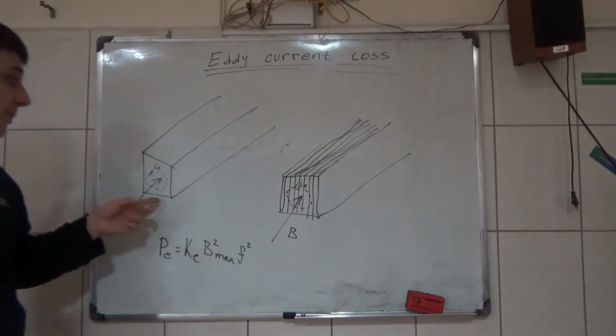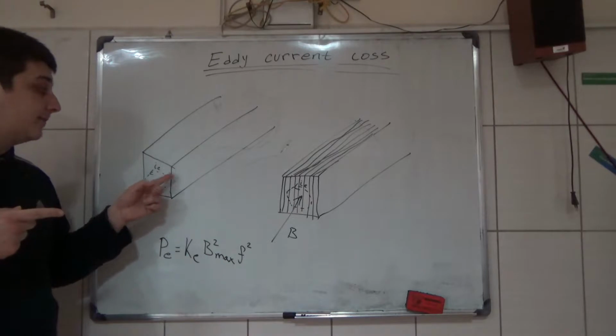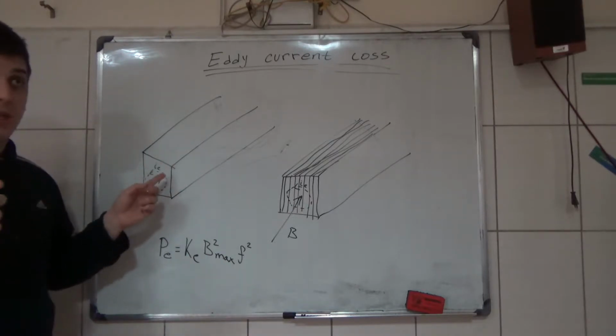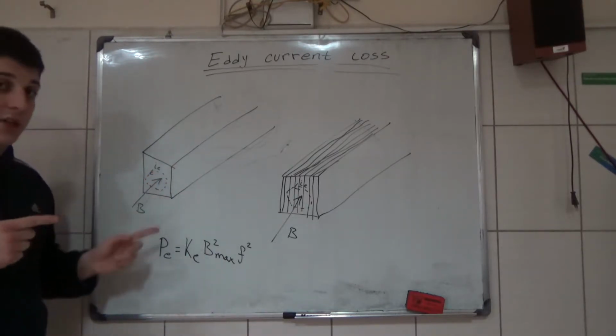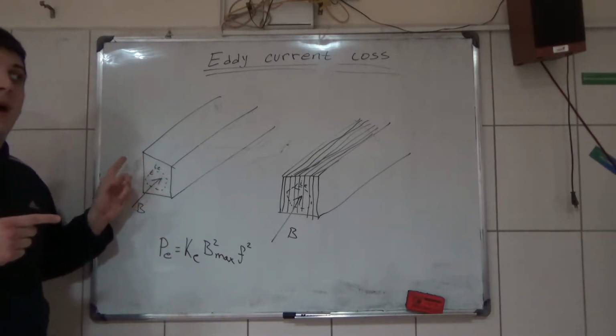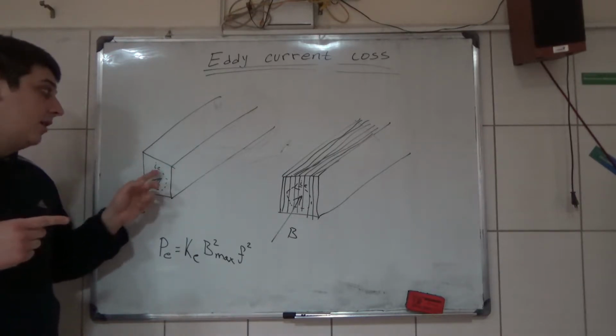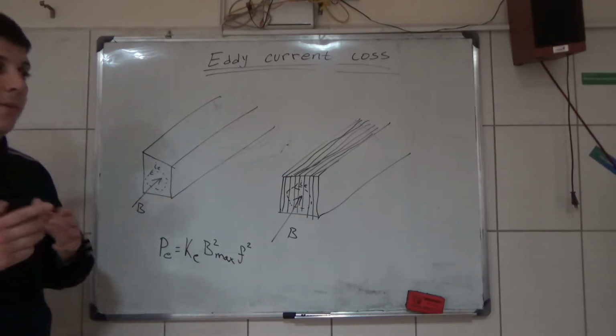So we have a B, the magnetic flux density, that goes through some magnetic circuit, and it is changing. And if it is changing, then there is going to be induced current in those magnetic circuits. Why? Because